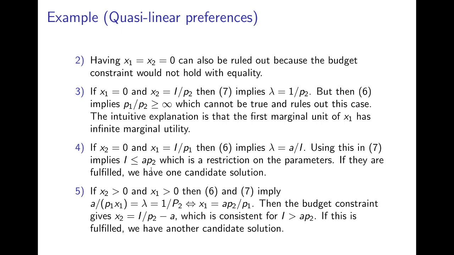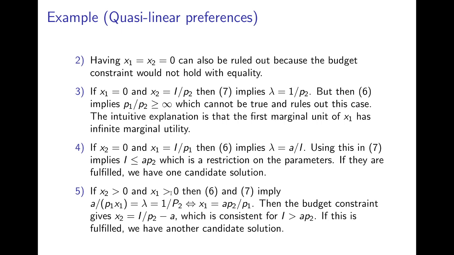So when income is very low, below a certain threshold, then an individual, a rational individual in this case, would choose to consume nothing of good 2, but put all the income in the consumption of good 1. And that would make sense, because good 1 is a necessary good. If income is very low, good 1 has a very high marginal utility and much higher than consumption of good 2. So therefore, a rational individual would put everything of her money into the consumption of this good 1. So that could be, but there is also another possible solution where both